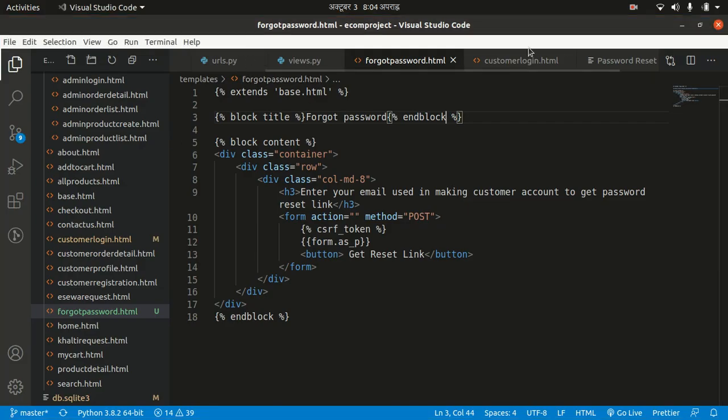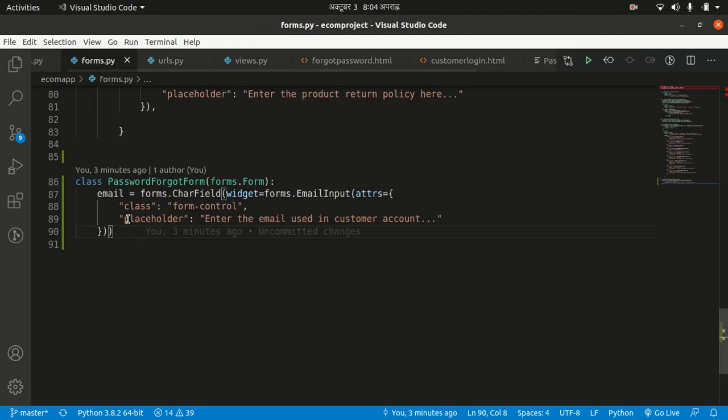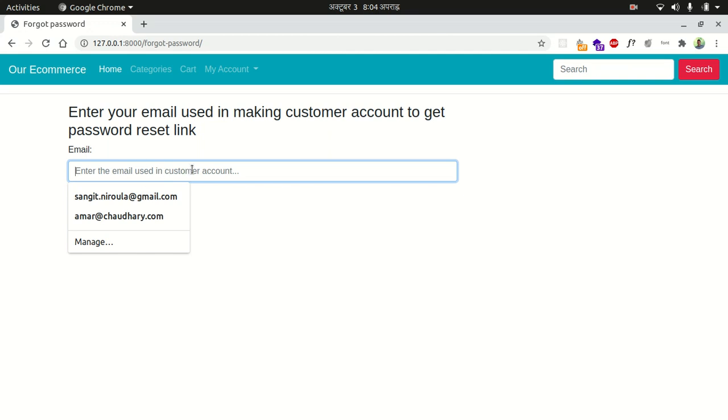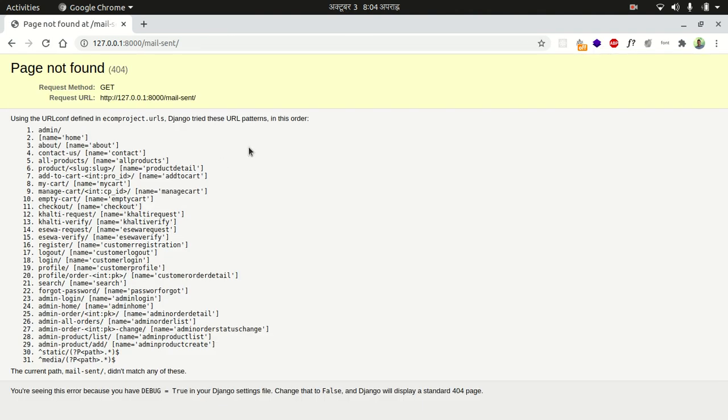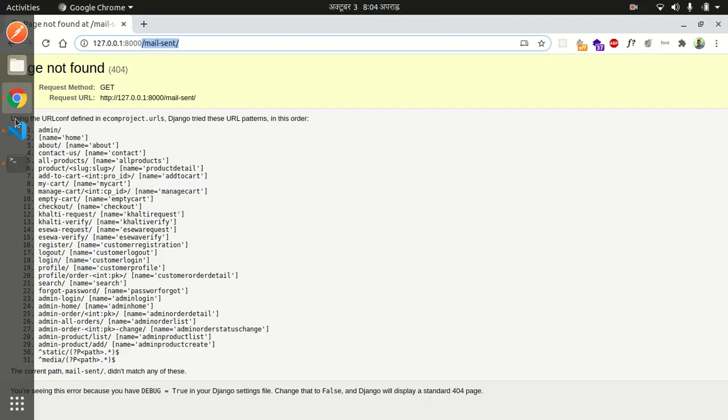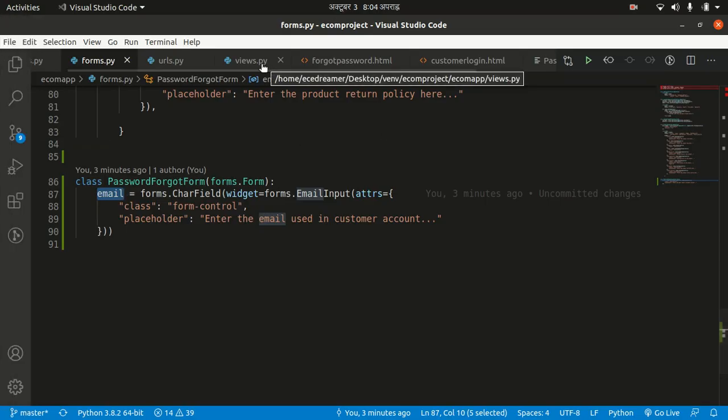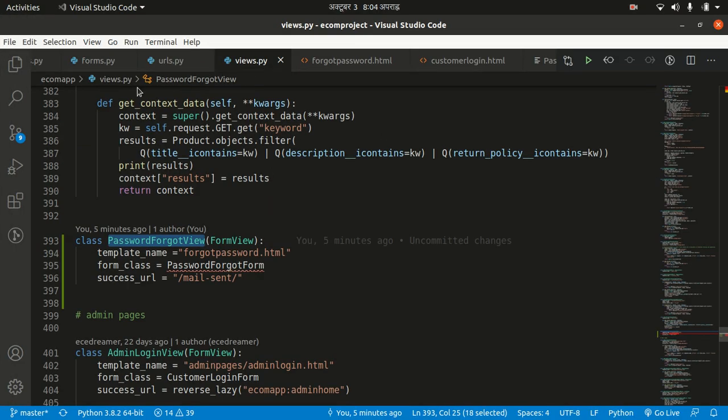and this is due to this forms.py, you can see it from here. Here is the email field, and inside it you can enter your email. You can enter your email and get a reset link, and it will redirect you to the mail sent link. Okay, so let's go to our views.py, and